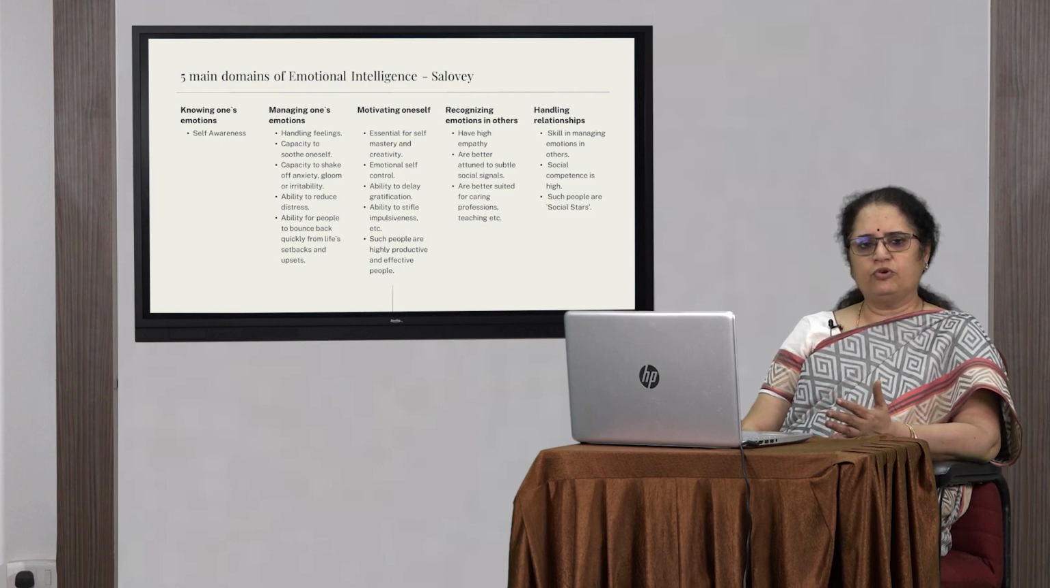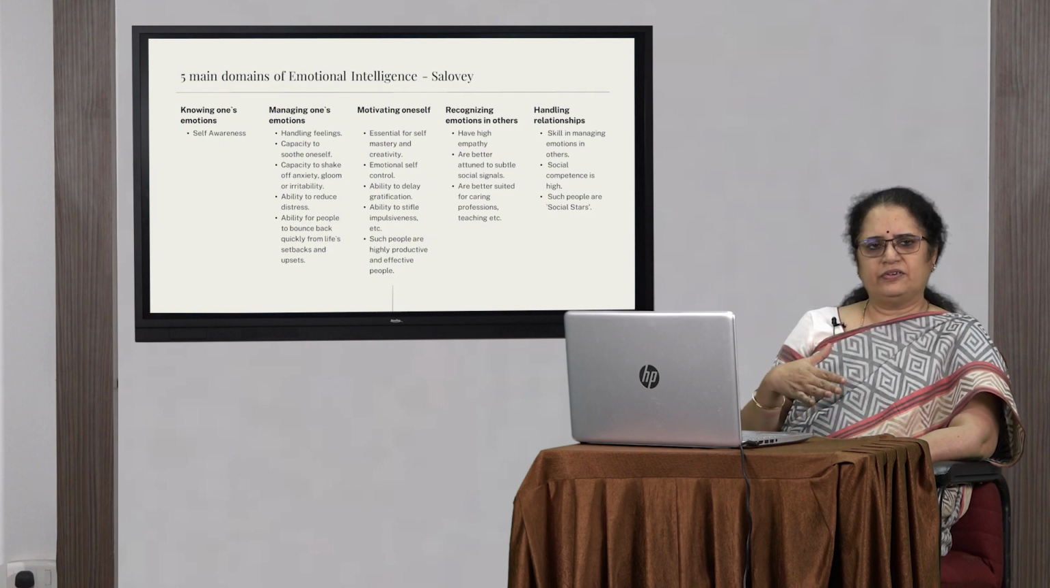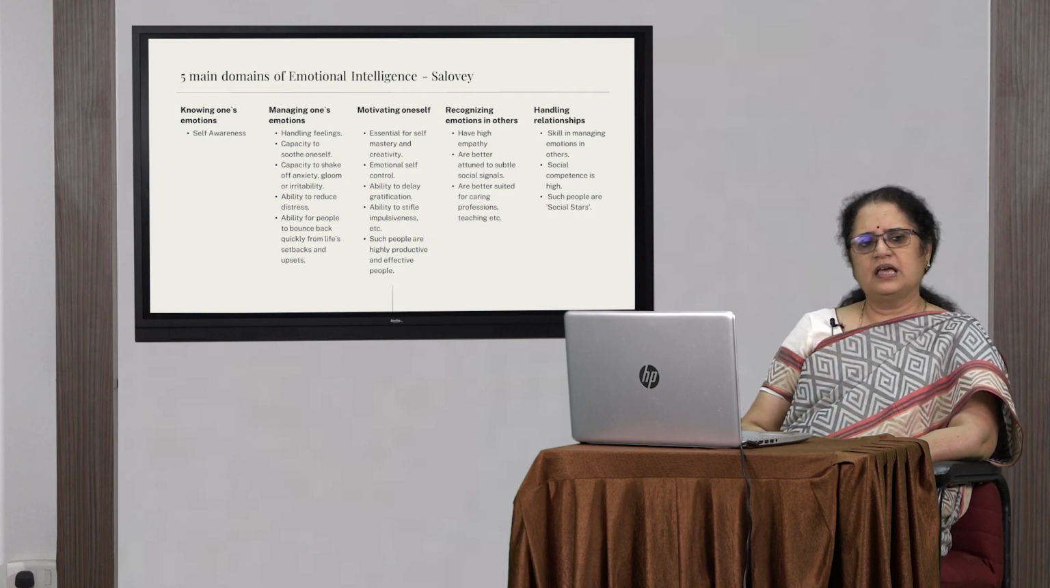So earlier we had 4 attributes. He just adds one more to it, which is motivating oneself, as you can see on the screen. Knowing one's emotions, that is self awareness, as we already discussed, and then managing one's emotions, that is, once I know my emotions, how am I going to manage myself, because the feelings are not always going to be pleasant or positive. I should be able to handle myself when things are not going good, and the capacity to soothe ourselves when